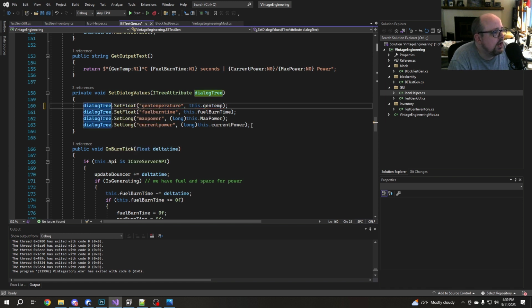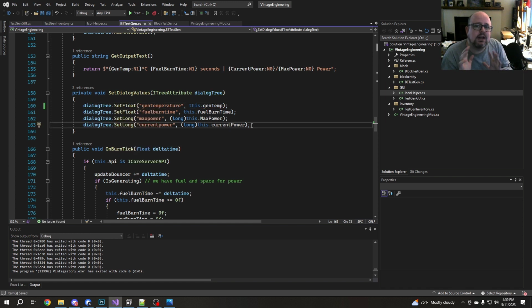There might be a way, depending on how the attribute tree works. You could basically fabricate a new tree and just set the tree equal all at once. I don't know,